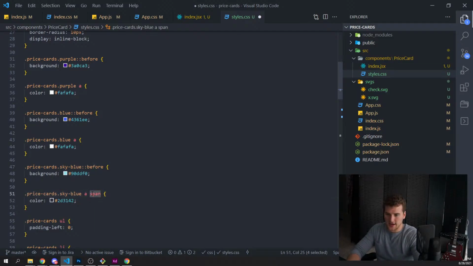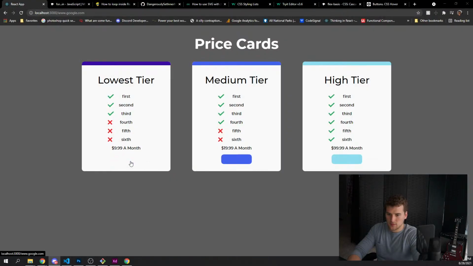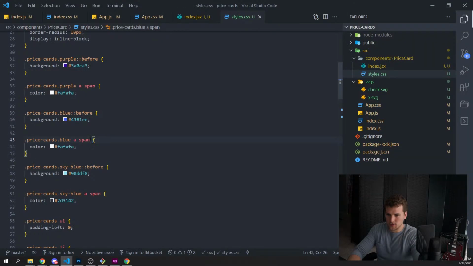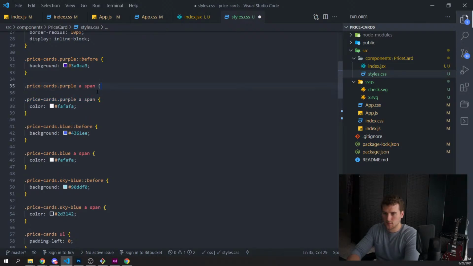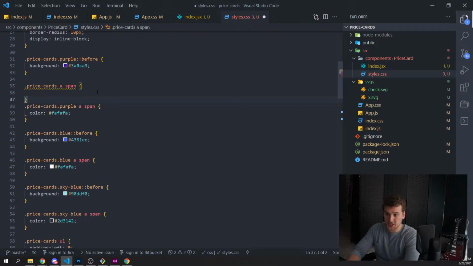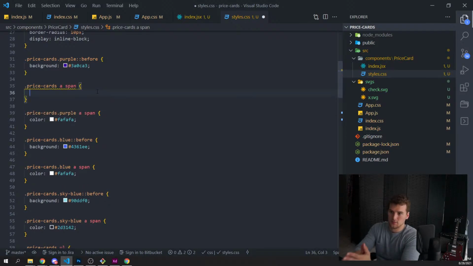And then make that apply to the spans. And then we need the spans to be, we're going to remove that purple on there, and we're going to say price cards A span.